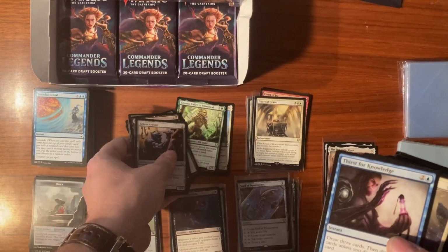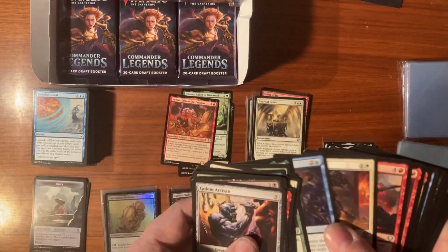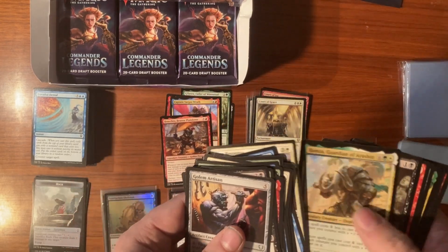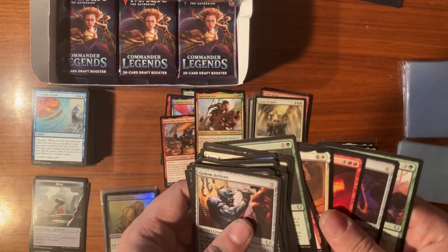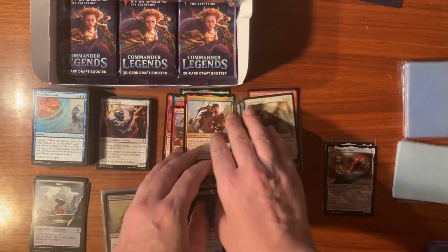There we go. There's the other one. So we got 2 in the last few packs. There we go. Sorry guys, this is not what anybody would love to see, I would imagine. I apologize. Okay. I may have missed one, but